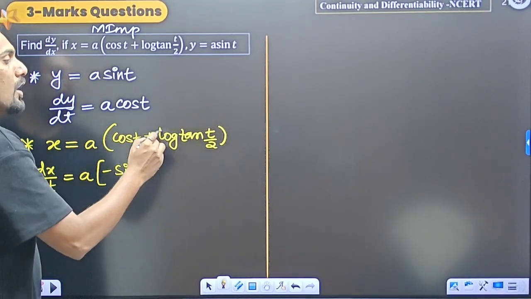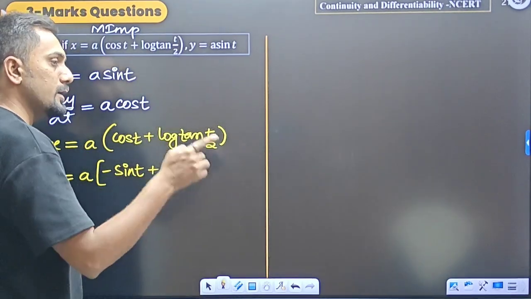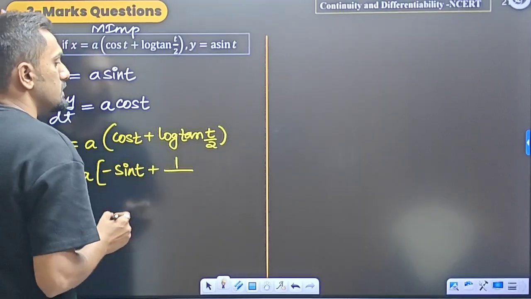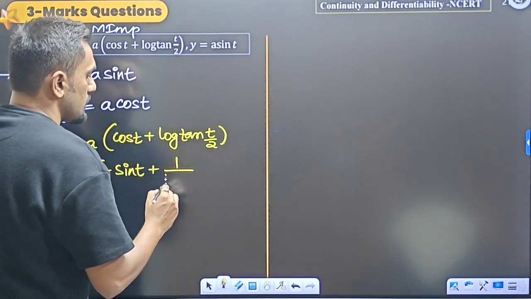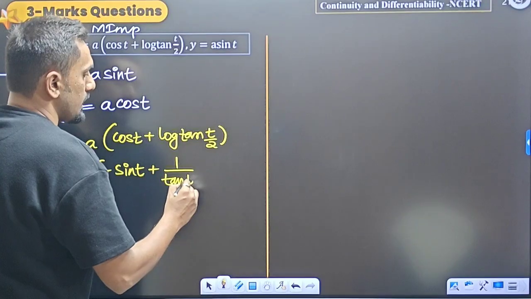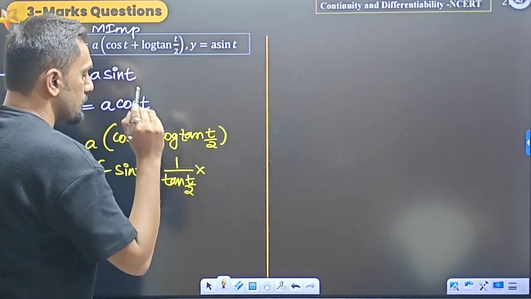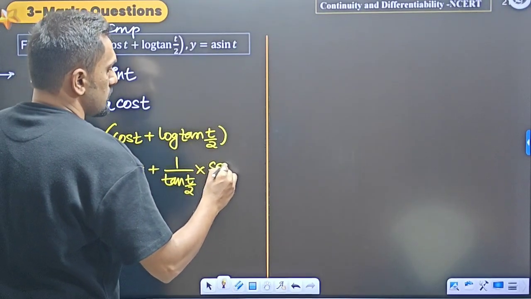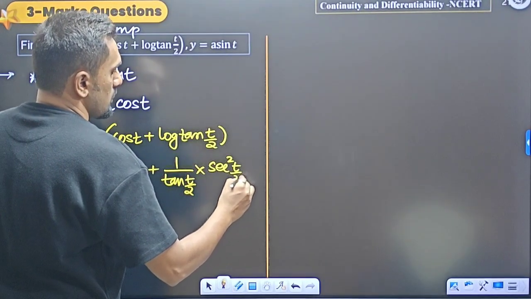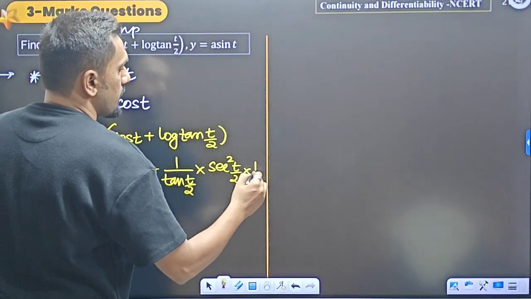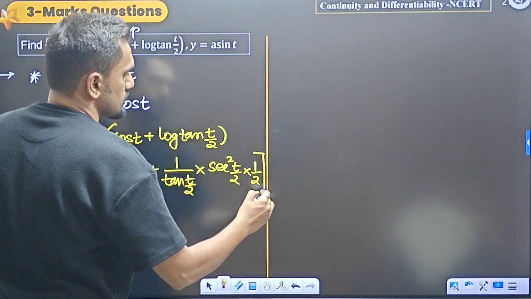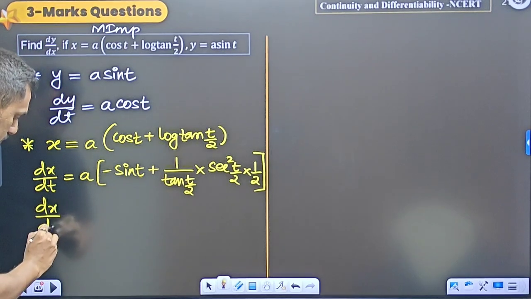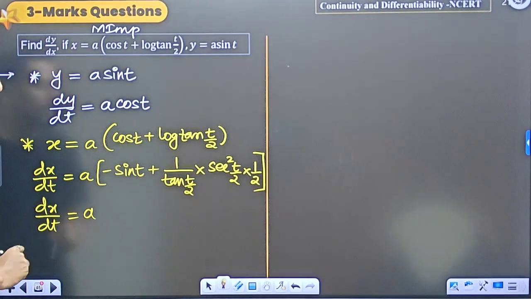plus log of f of x, the derivative becomes 1 divided by f of x into f dash of x. In the same manner we use the chain rule when we differentiate this. So this becomes 1 divided by tan t by 2, multiplied by the derivative of tan t by 2, which is sec square t by 2 into the derivative of t by 2, which is 1 by 2. So dx by dt is equal to